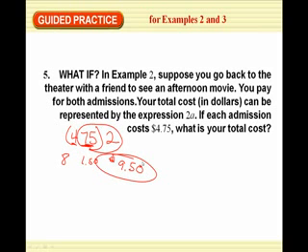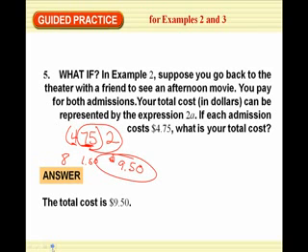And save money, bring your own treats, I guess. Go to Walmart and buy $1 candy or something and take it in. I guess you're not supposed to do that, but